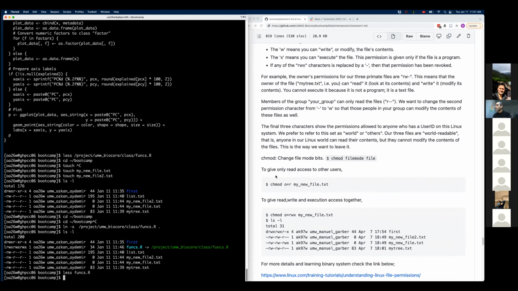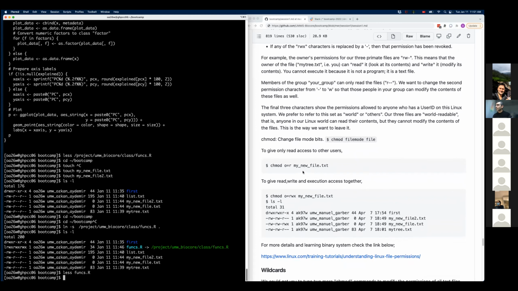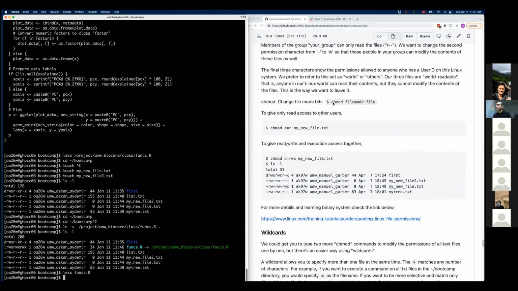Okay. So we went through the permissions, and if you want to change the permissions, as I said, you must be either the owner of the file or the admin in the system. chmod is the command for changing the permissions. It's followed by the change you want to make, and finally the file you want the change on.